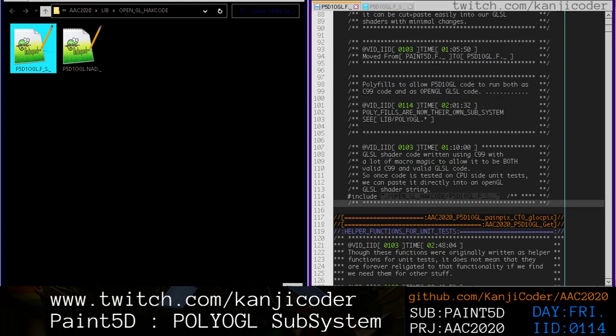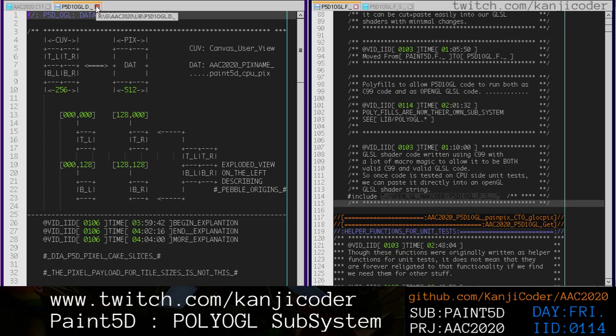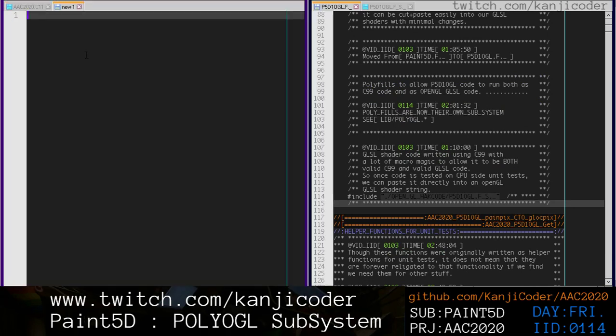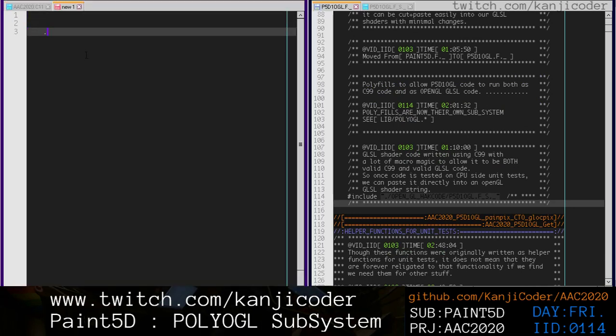I think what we want to do is, when we're including the functions, include dot f for the functions, then a non-standard fragment shader kind of code,